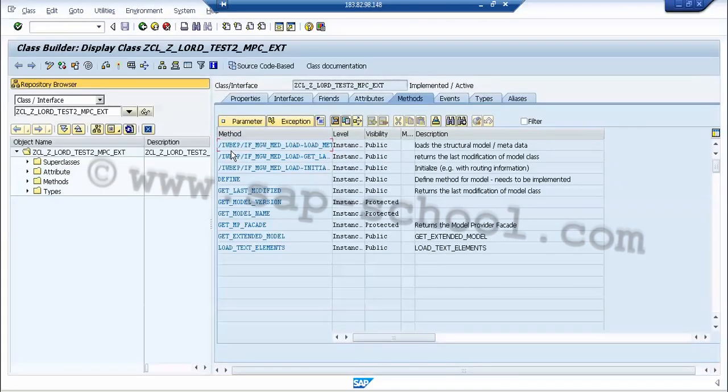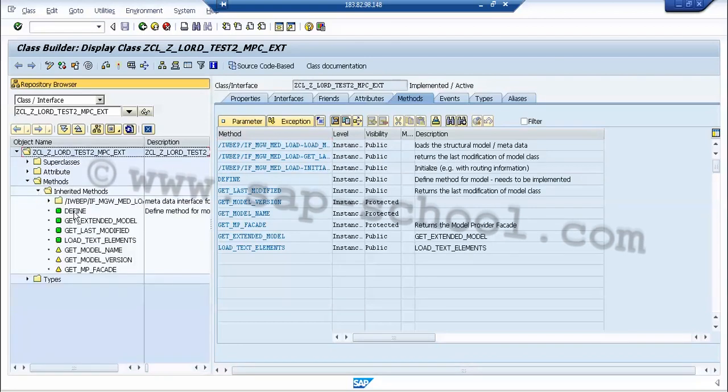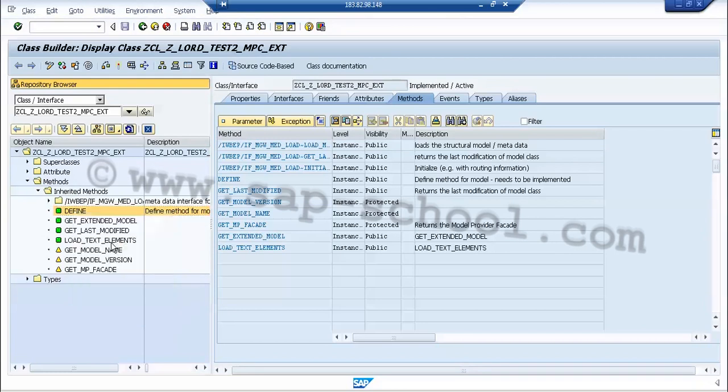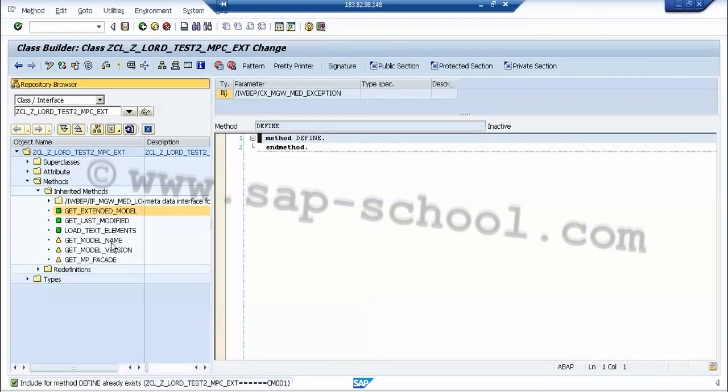After that, we navigate to the inherited methods. Then we right click this define and click on redefine. This will basically produce the redefinition folder and move the define method to that folder. So it has come here.